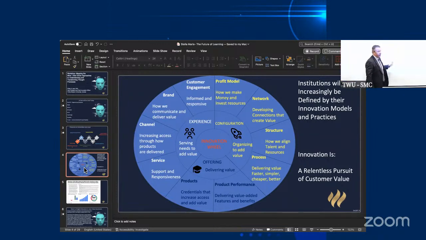See different layers and levels. This is a good way of thinking about a business or even technology. The innovation wheel defines the basic forms of innovation into 3 types. You can innovate the experience people have, the configuration of what you offer, and the offer itself. Now, one thing that I teach about innovation is that there are different types of innovation.